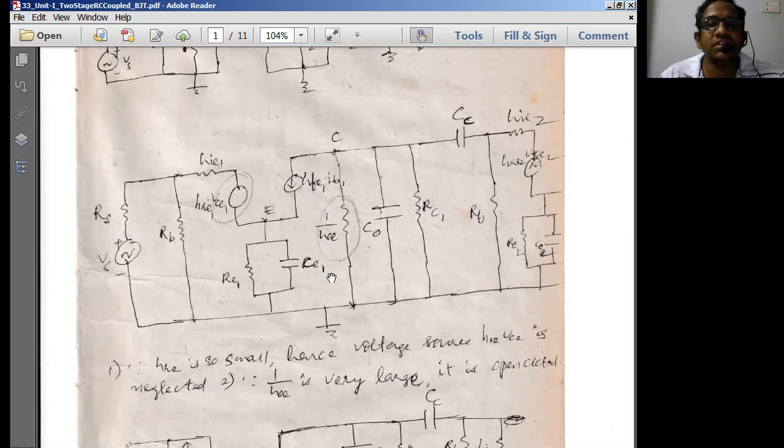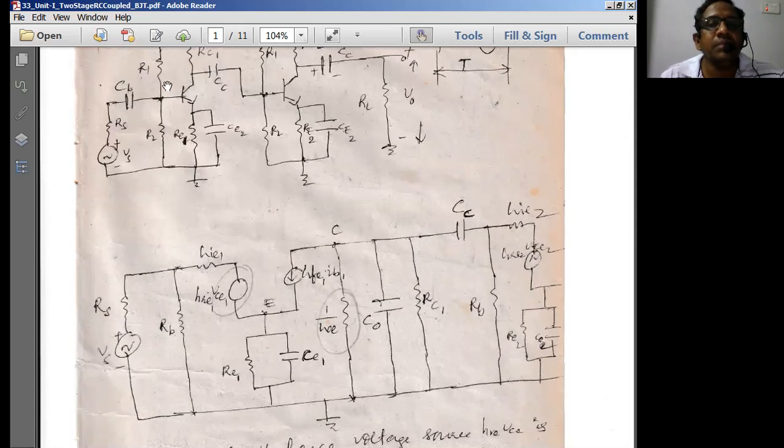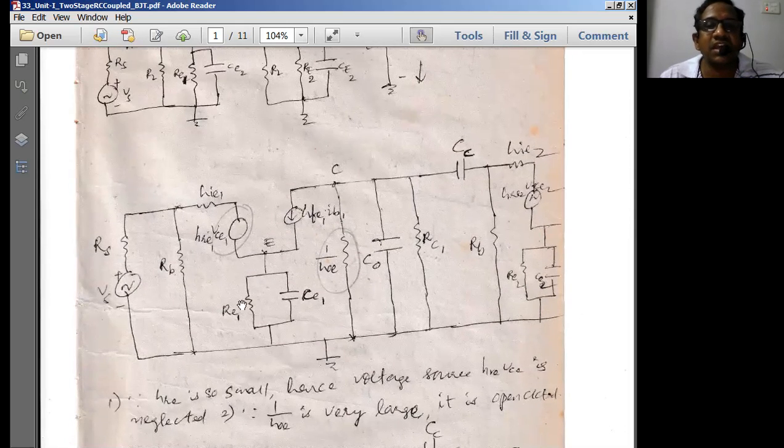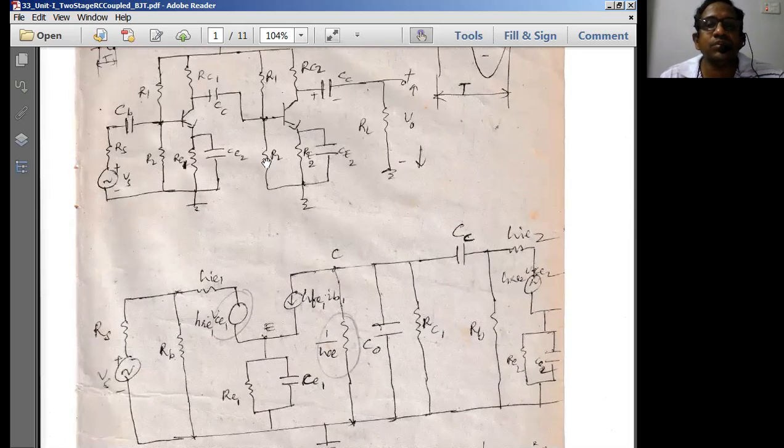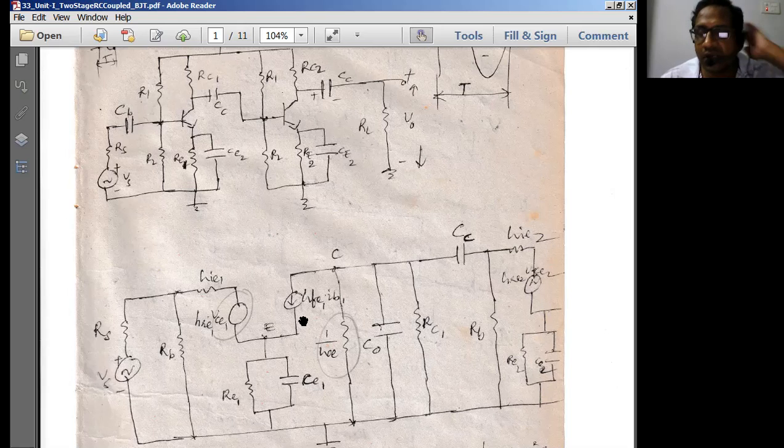Now in this connection we represent the BJT by an equivalent H parameter model. So this is the exact H parameter model. Always for two-stage amplifiers, using the H parameter model is going to be very complex in nature. Therefore, to reduce the complexity of the circuit, we represent this in terms of an approximate model. We already discussed approximate model and exact model in the subject called ED, so I'm not getting much into the approximate model analysis. Straight away we will go into it.